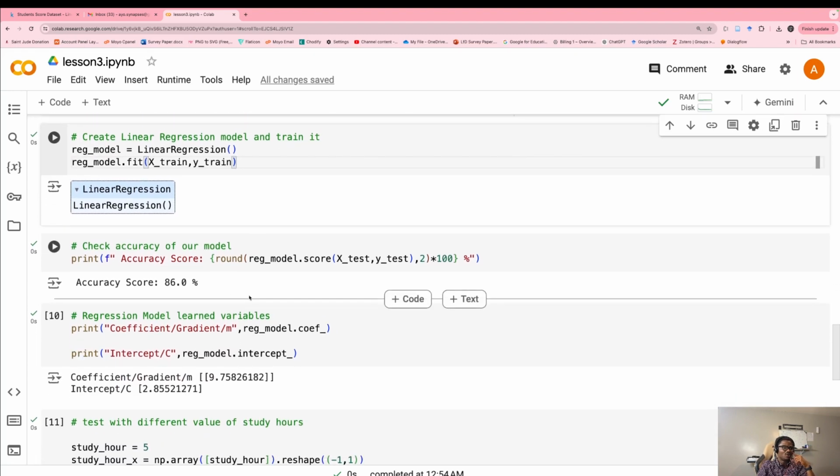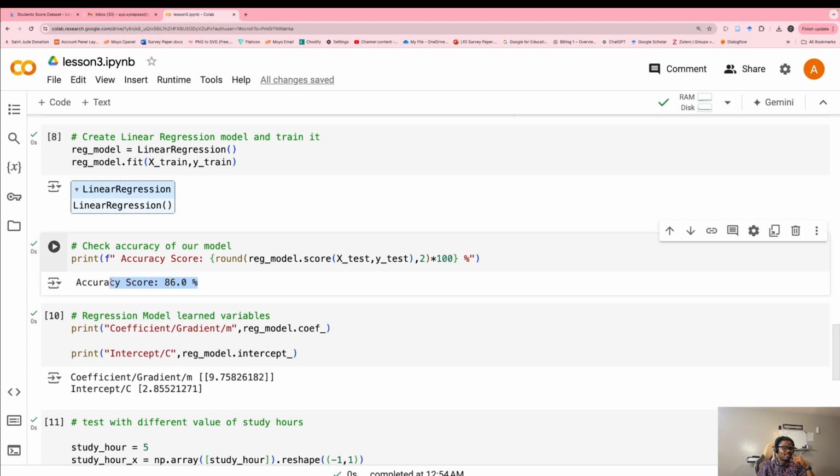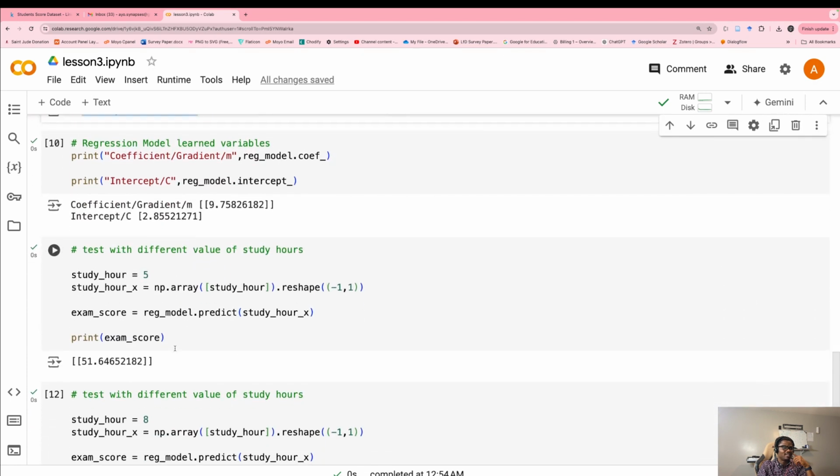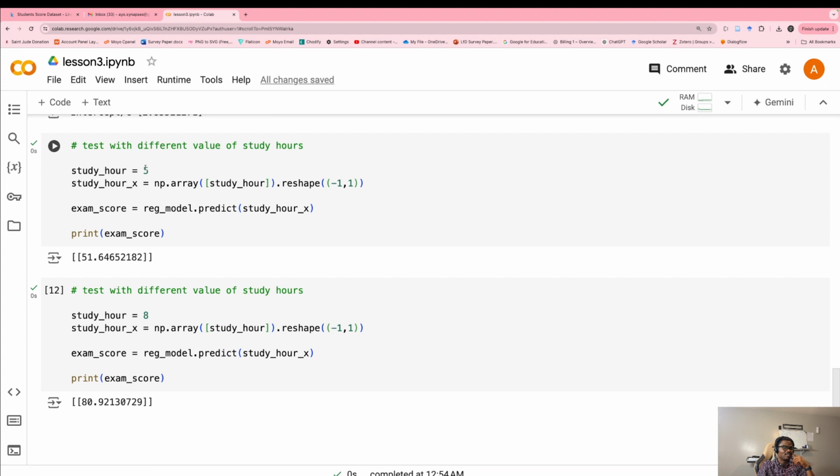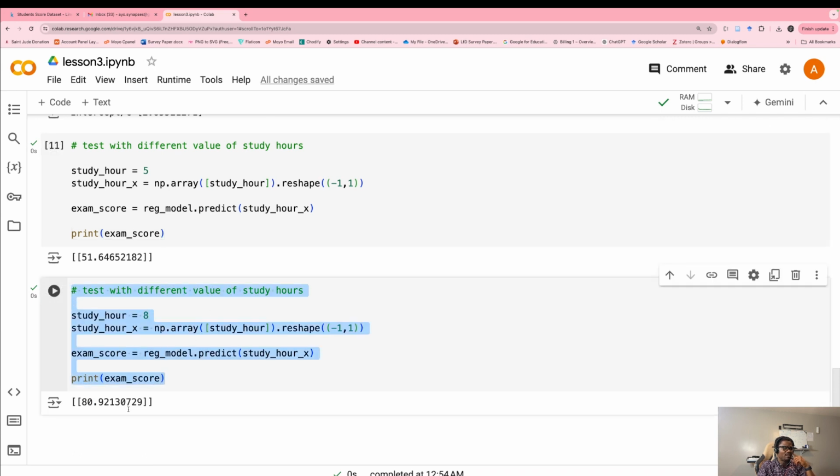Okay, and we are able to achieve 86% accuracy, and we are able to test it with even different values. So the homework that I want you guys to work on is this one right here. Copy and paste it so many times and change this value of study hours. You can change it to 1, 2 or something.